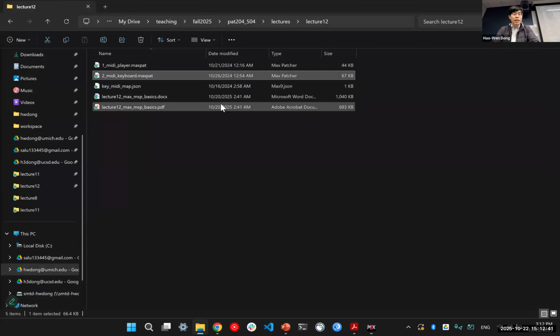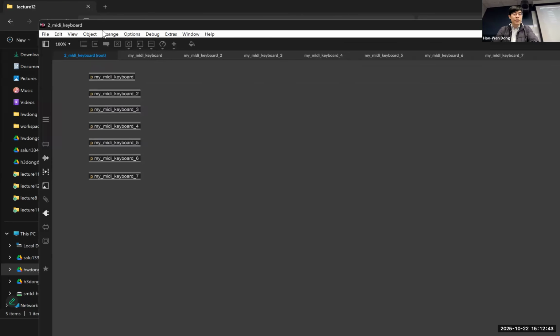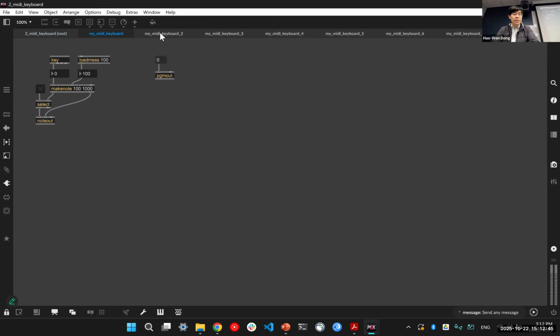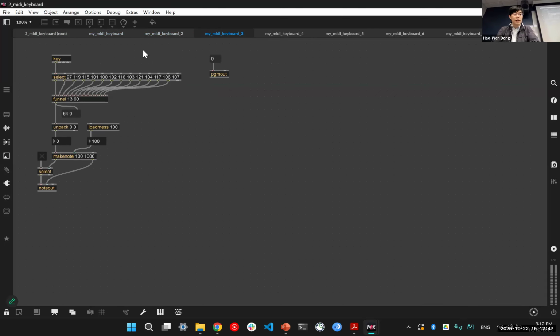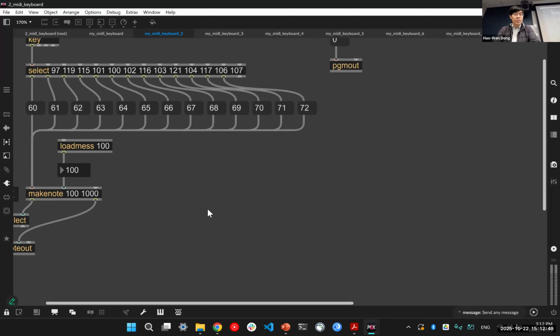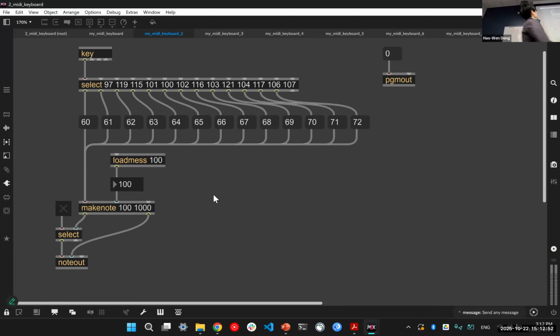MIDI keyboard, Max pad. So this is what we talked about on Monday as well. This is essentially how we can do it. We will have key, select 97, 119, and so on. These are the keys that I press. So if you get a message out,